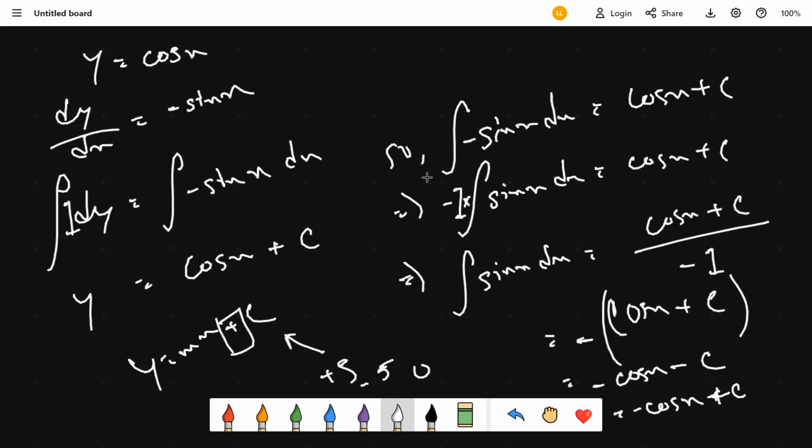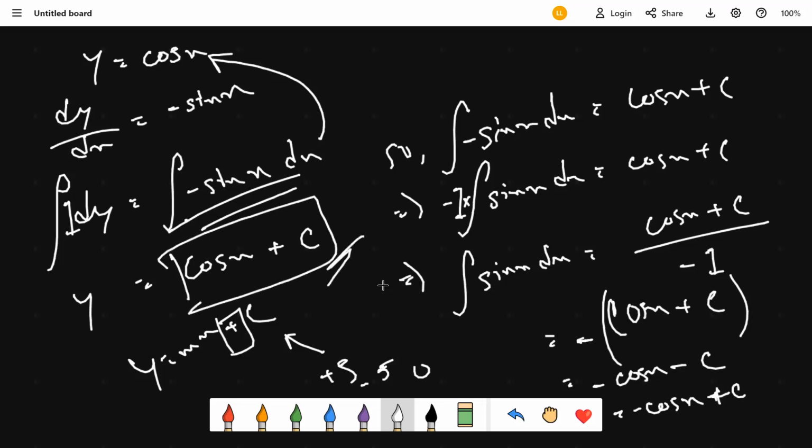So that means, since the integration of negative sine x dx is cos x, the integration of positive sine x is negative cos x plus c. Or simply say, if the integration of negative sine x is cos x plus c, then the integration of positive sine x is negative cos x plus c. Okay,